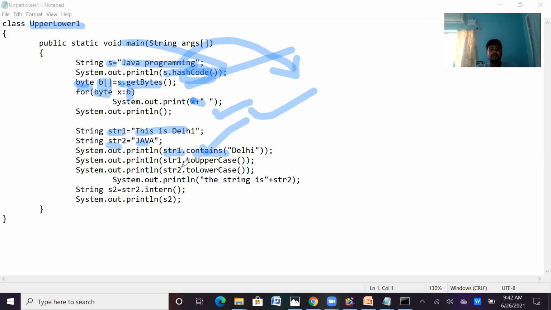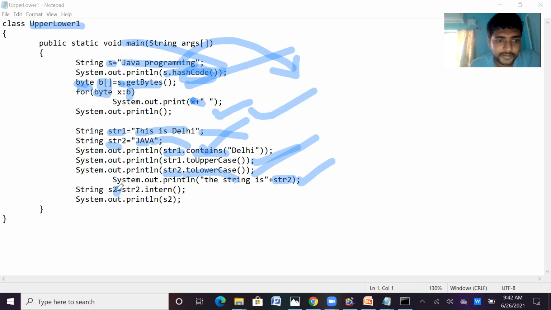Next str1.toUpperCase, so the entire thing will be converted into uppercase. Next str2.toLowerCase, which will be converted into lowercase. Next str2 will be displayed after conversion.